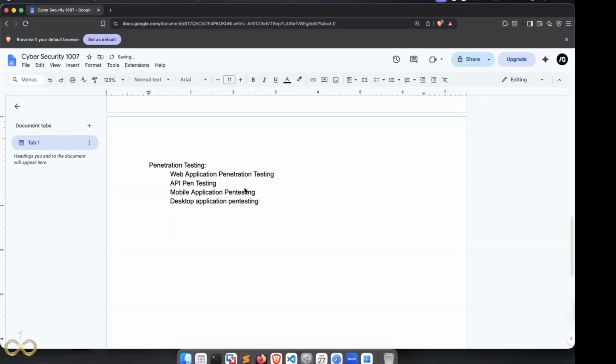In mobile, there are two types of platforms: Android and iOS. In desktop you have Linux, Windows, and Mac for testing. Now we are going to start with web application penetration testing. In this course, we're going to cover web application penetration testing, API penetration testing, and some concepts of DevSecOps.